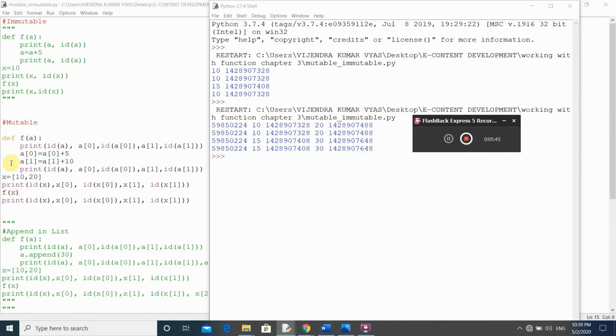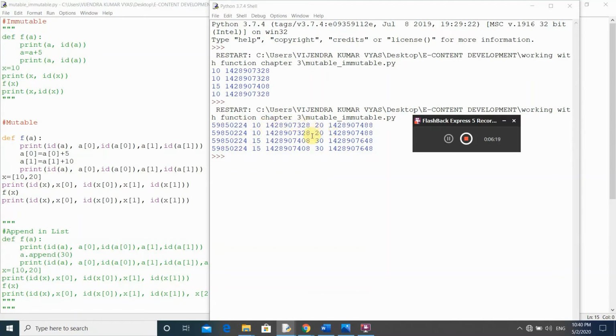After this function call, the body of this function is executed. Here, after this print statement, you see the id of a is the same as the id of x before the function call, and the value of a of 0 is the same as x of 0, and the address of a of 0 is the same as the address of x of 0.